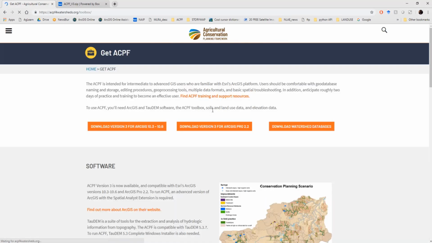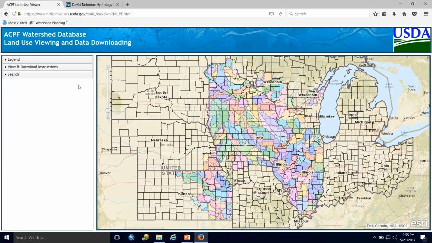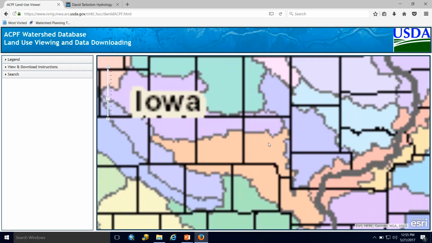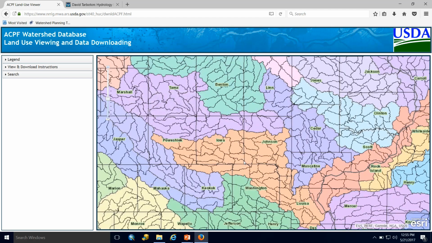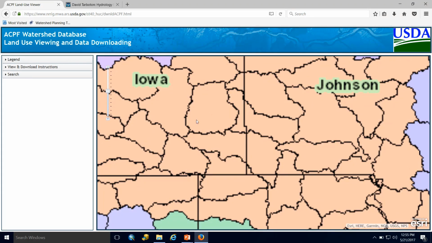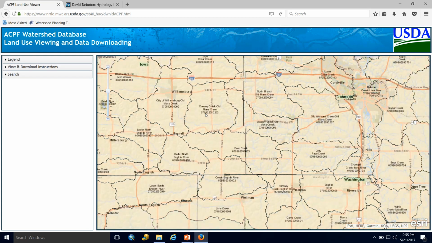Also, on that Get ACPF page, there's a link that will take you to watershed databases. So if we click here, you'll be taken to our ACPF land use viewer. All of the watersheds are shown here in color, and when you zoom in, the ones that have names and IDs denoting them are the ones that are available for download.